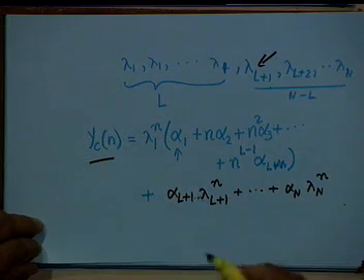This is the complementary function. For the particular solution, you simply put y of n of the same form as x of n and find out what the constant is. That would be the complete particular solution. Particular solution should have no constant. Add that to this and then invoke the capital N number of initial conditions to find out the capital N number of constants, alpha 1, alpha 2 and so on and so forth. Let us take an example.